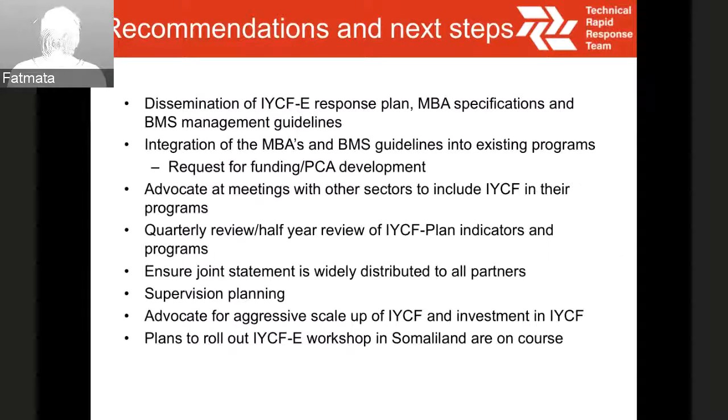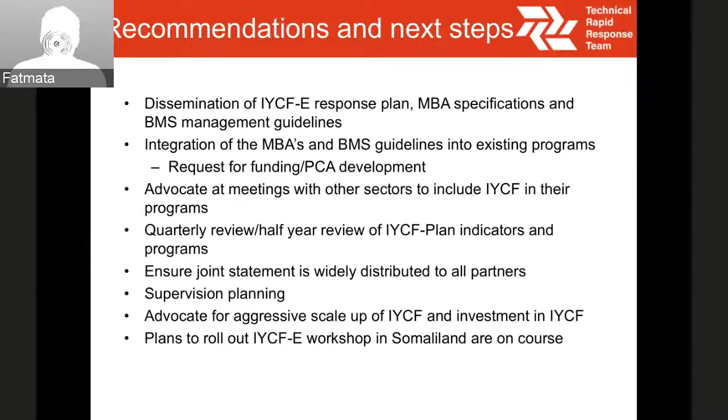Then we are currently integrating the MBAs and BMS guidelines into our existing programs, like the program document development that's currently being done in Puntland and the regions of South Central. We have ensured that most partners that are supporting us in scaling interventions for the emergency have also integrated infant and young child feeding in emergencies component in their PCs.